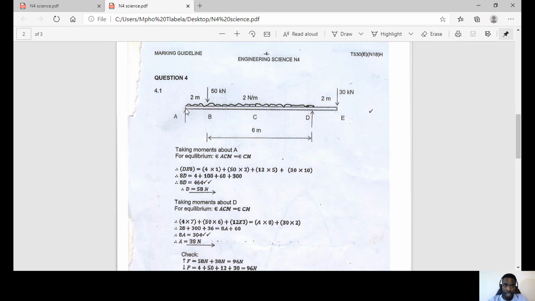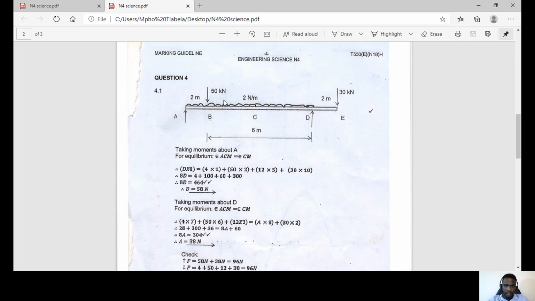Let's go through this one again. A, look at the arrow is pointing up. What is this, guys? You can see it moves like a clock, moves like a watch in the direction of the watch. That is clockwise. You'll agree with me, that is clockwise. Right, we've got it on the clockwise side. It's A multiplied by 8. The distance from A to D is 2 plus 6, which is 8. Right, then we go